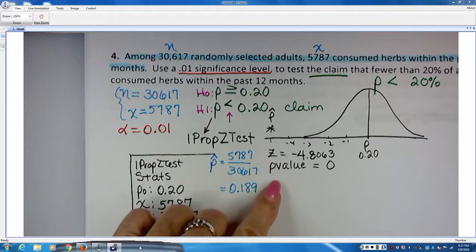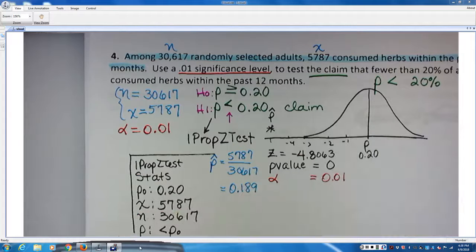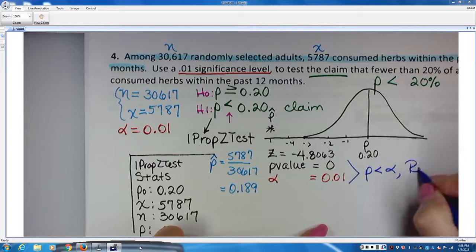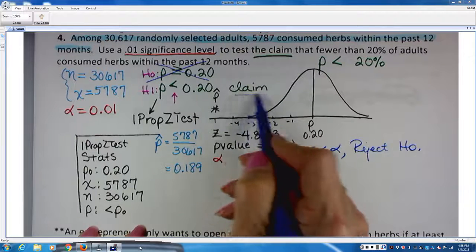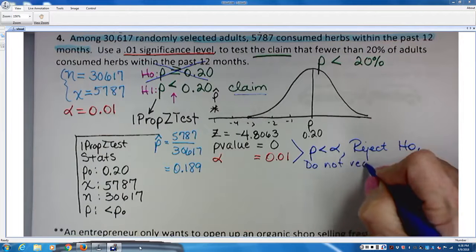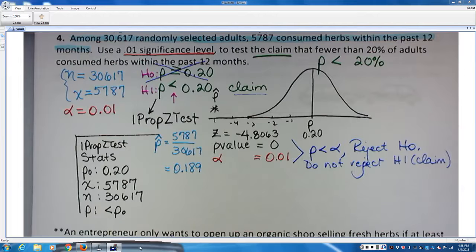So we're going to compare the p-value of 0 to the alpha value of 0.01. Not that we need much comparison, because it's easy and quick to conclude from there that p is less than alpha. 0 kind of beats everybody. So we reject H0. And if we reject H0, H0 is not the claim. The claim is H1. So that means the evidence